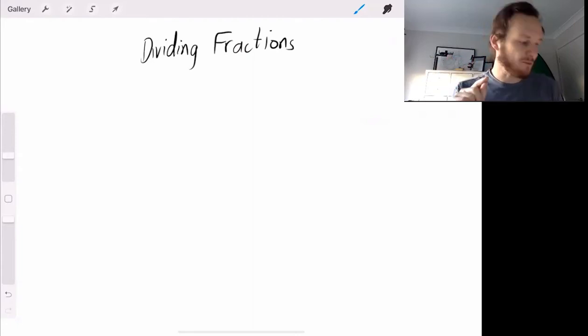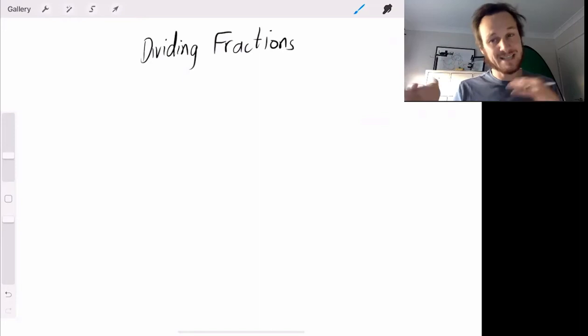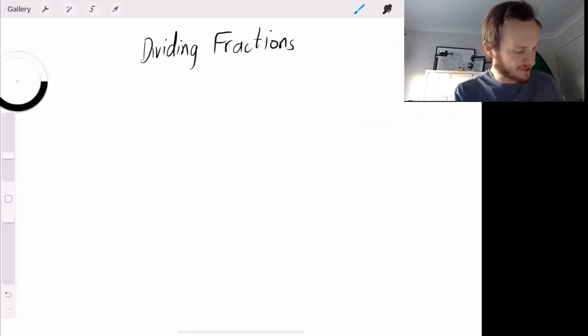So I think, do you remember with multiplying fractions, I said basically just times the top times the bottom, and that's it. It was like the easiest one. Well, it's a little bit different with dividing fractions. With dividing fractions, if you have like,